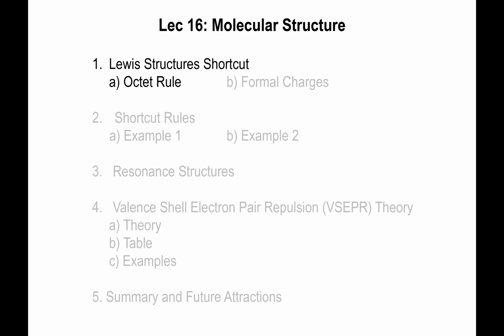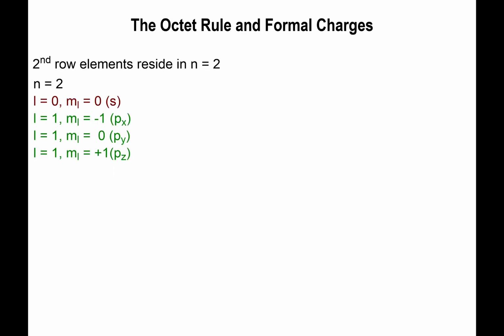Now, there's a few things that we also need to state right now, which will be of importance as we move forward with more complicated Lewis structures. And the first thing is called the octet rule. Now, the octet rule is simply an addendum to the fact that for elements that reside in the second row